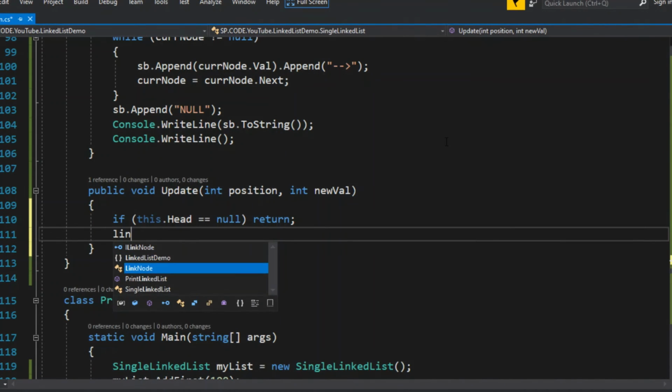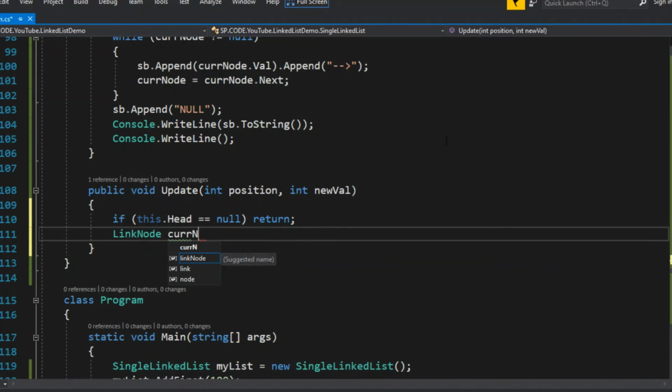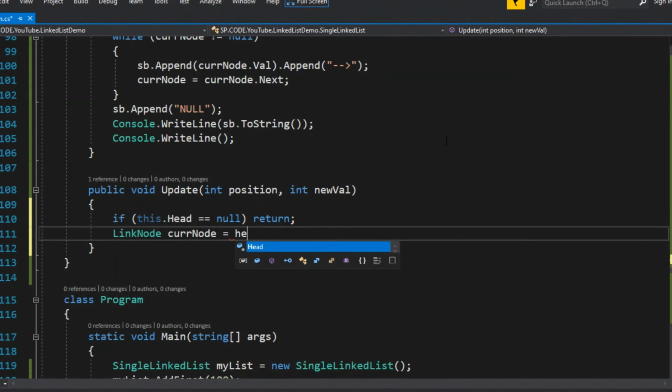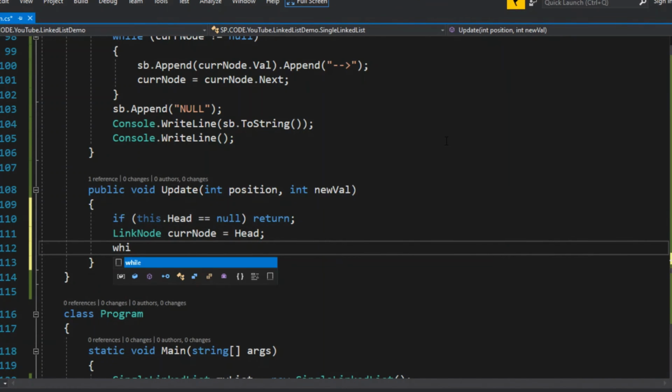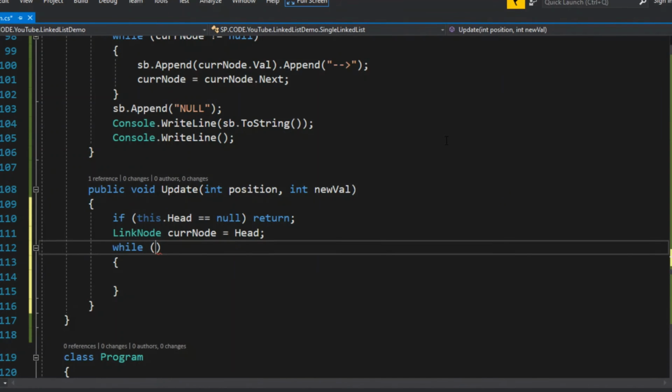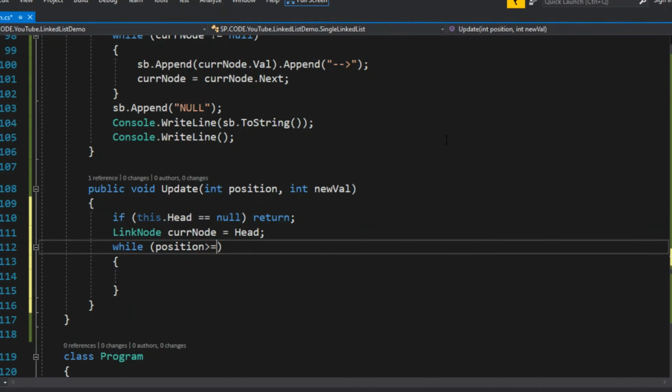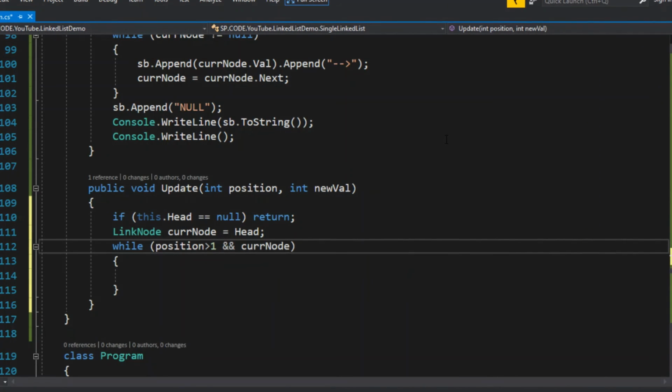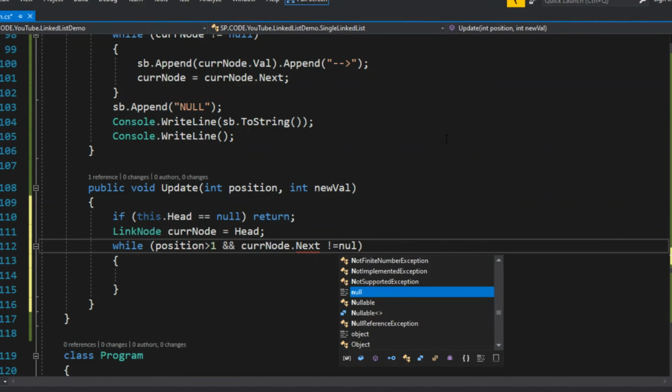So link node, current node equal to head, right, and again do the while loop. Here position should be greater than 1, and current node dot next not equal to null, right?